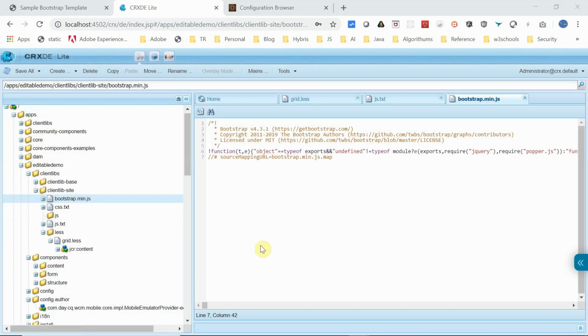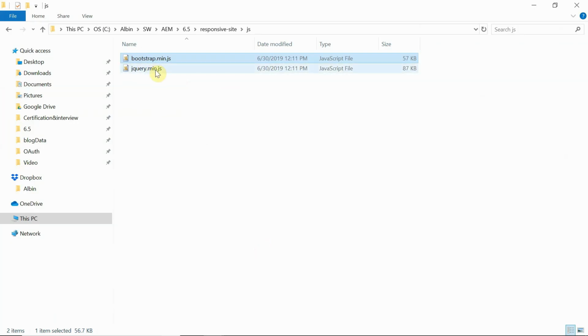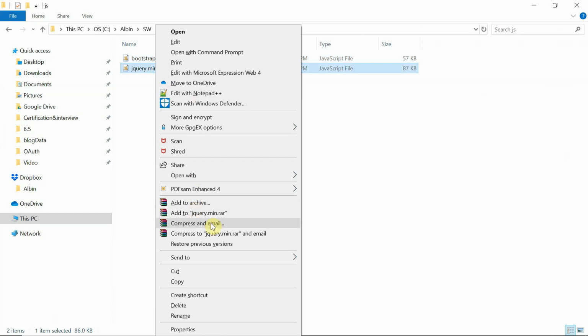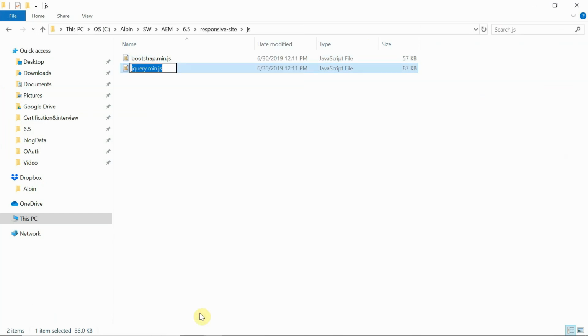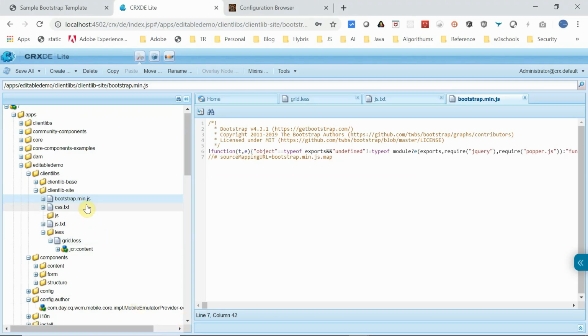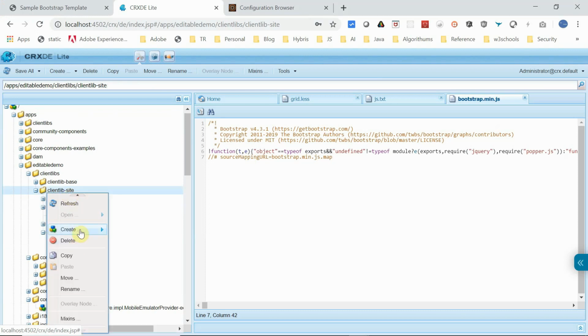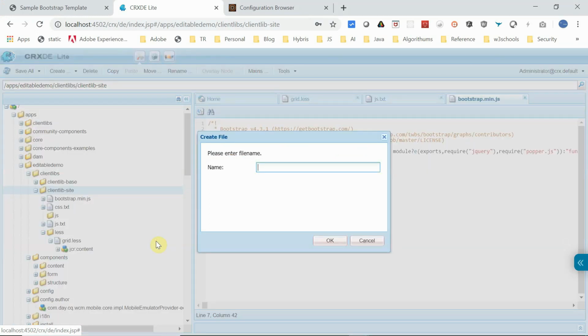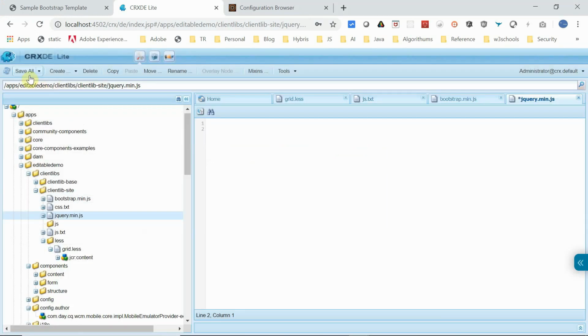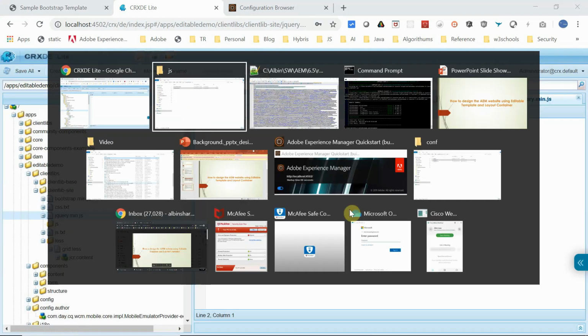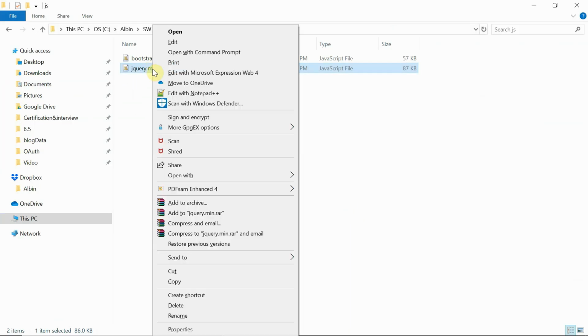Done. Now let me create another file called jquery.min.js. Create the file and copy this.